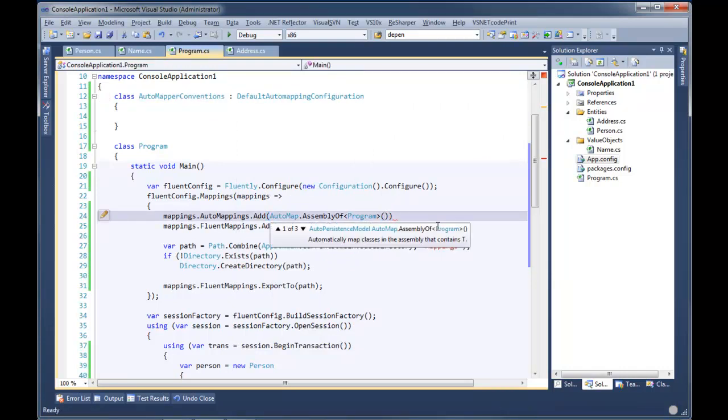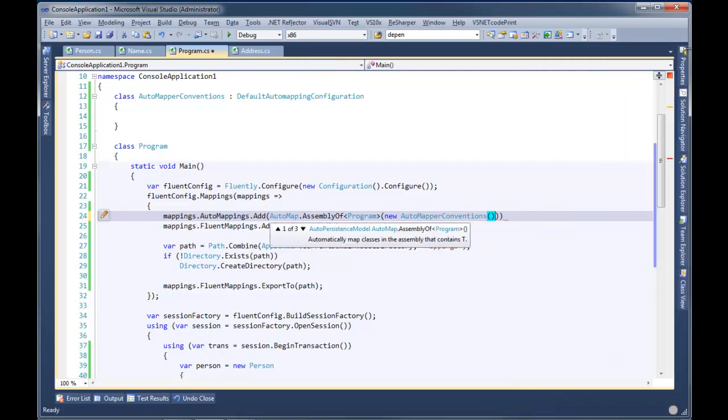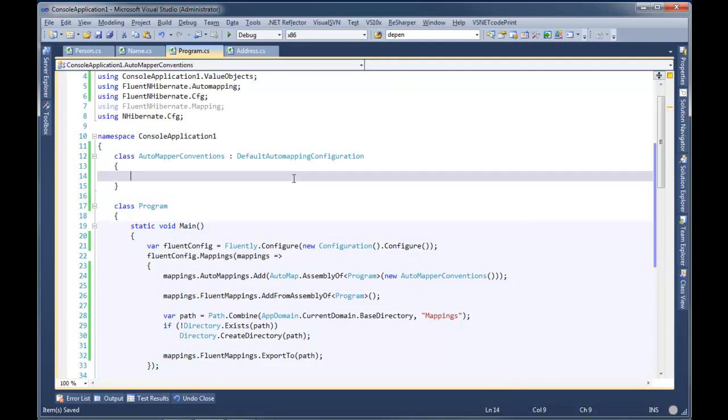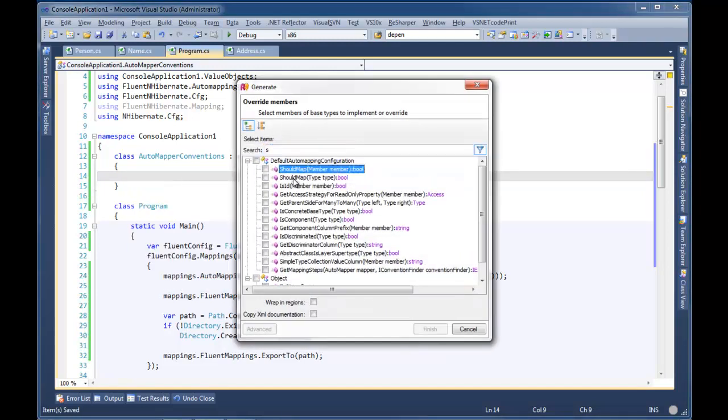And then we'll pass it into this overload. And yeah, that's going to get really wide. So at this point, this should really be all you need. But unfortunately, there's one other thing you need. But the thing is, when you start to try to override the conventions, that's when it becomes really gnarly. But the only thing you really need is the should map